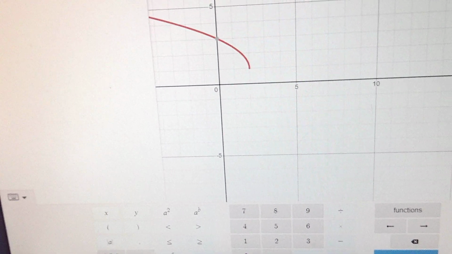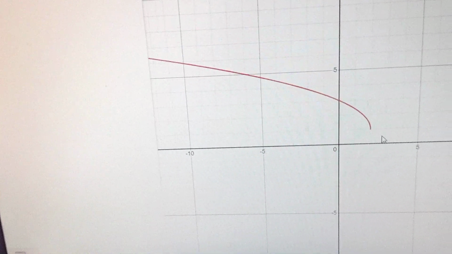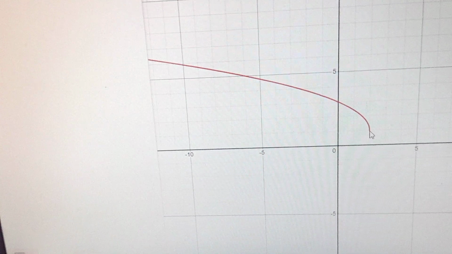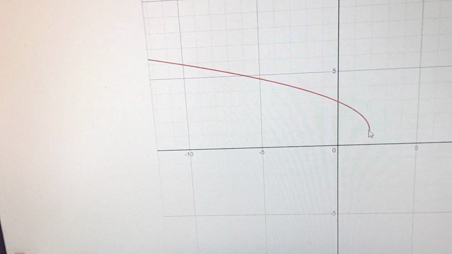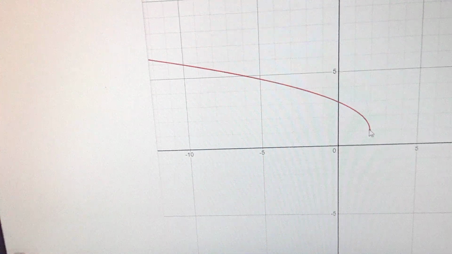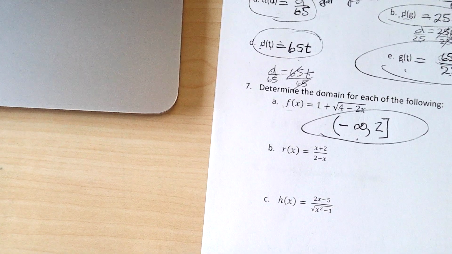And you can see that the graph goes all the way up till 2 and stops, from negative infinity till 2. And you have to kind of decide whether you can use 2 or not, whether that's an open end or not. Okay, number 2,